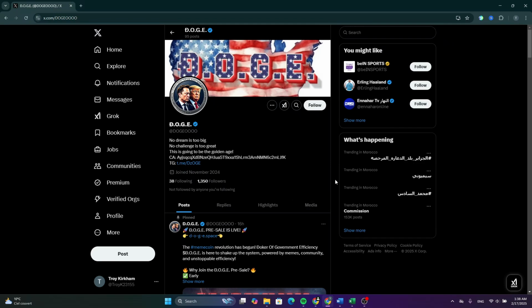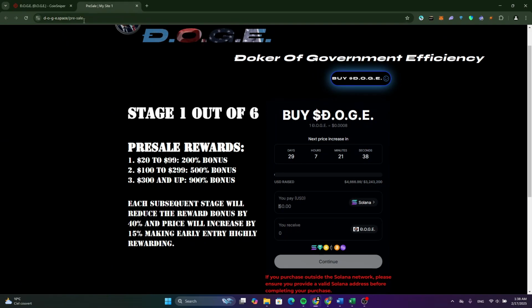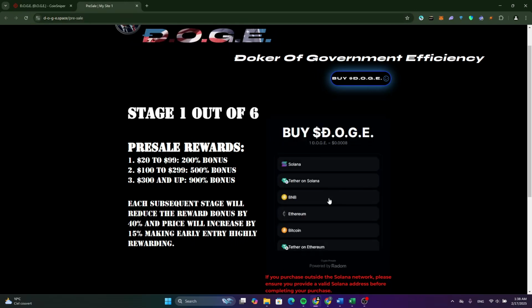Before going on to buy this token, make sure to check the referral account and keep following the updates about this token. As you can see, this token is in pre-sale now. What you need to do, after you open their website, as you can see, this is the pre-sale website, is select the token that you want to buy with, for example,